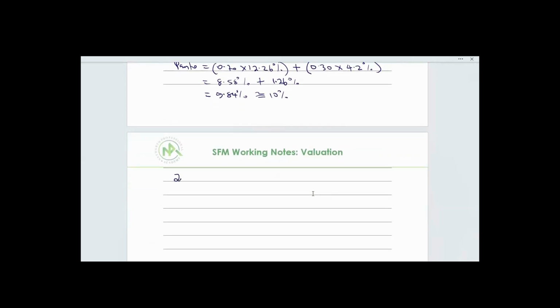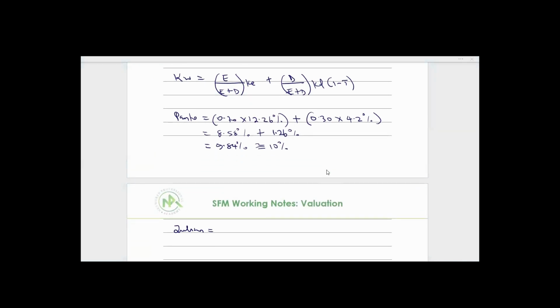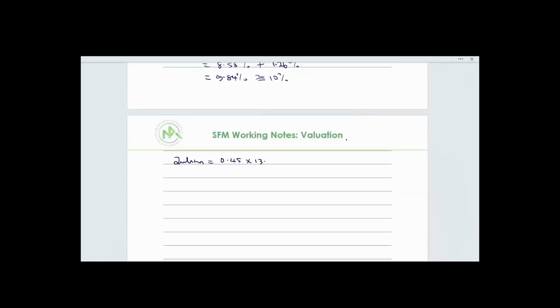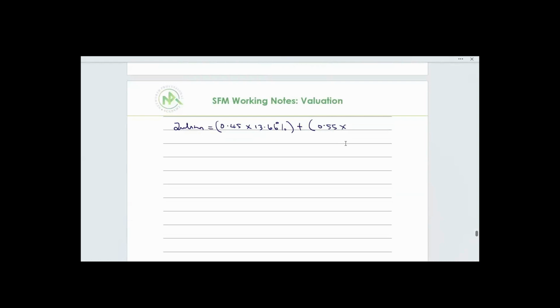Let's calculate for Julian. For Julian, the debt proportion is 55%. So if debt is 55, equity will be 45. So 0.45 multiplied by the cost of equity of Julian, 13.66, plus debt value 0.55, 55%, multiplied by the after-tax cost of debt of Julian, 5.25. Therefore, 0.45 multiplied by 13.66 equal 6.15